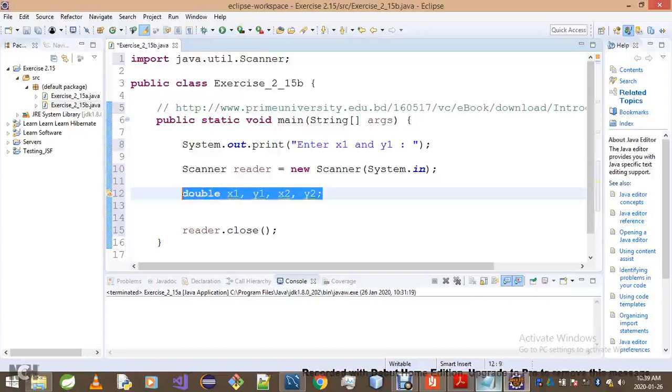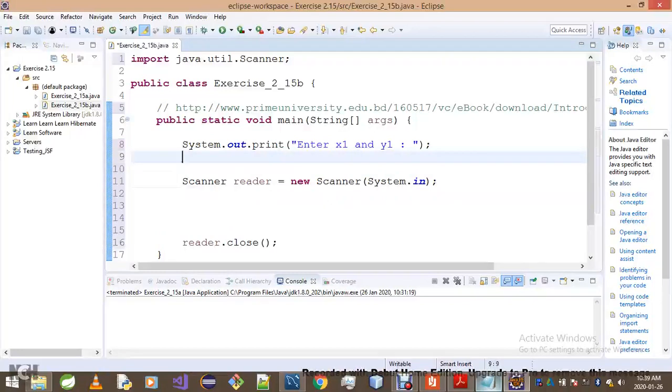Perhaps I should have put this at the top. Now it's time we initialize our x1 by going reader.next